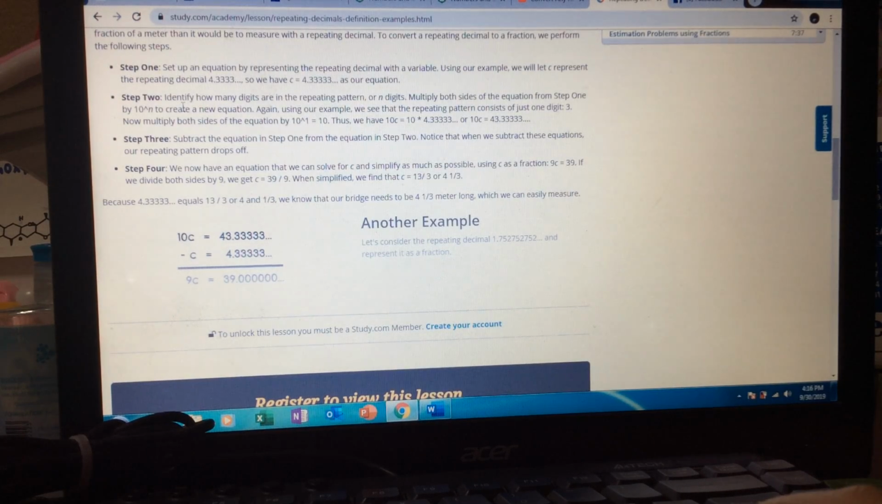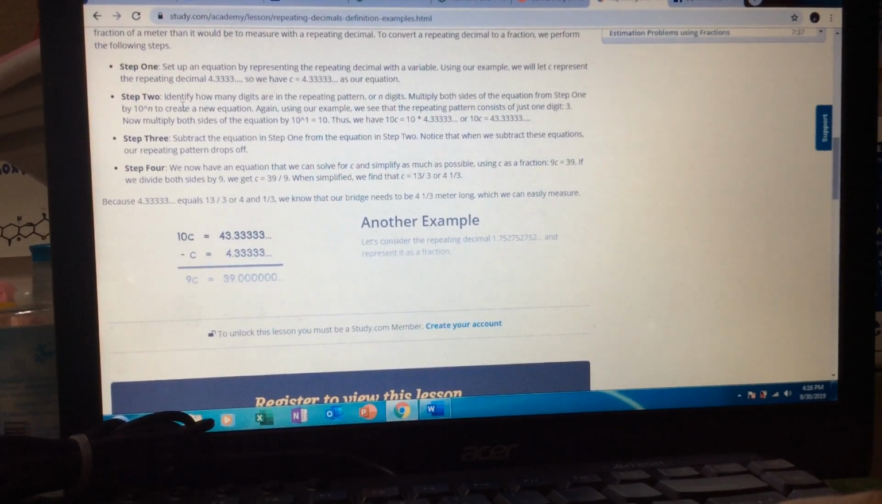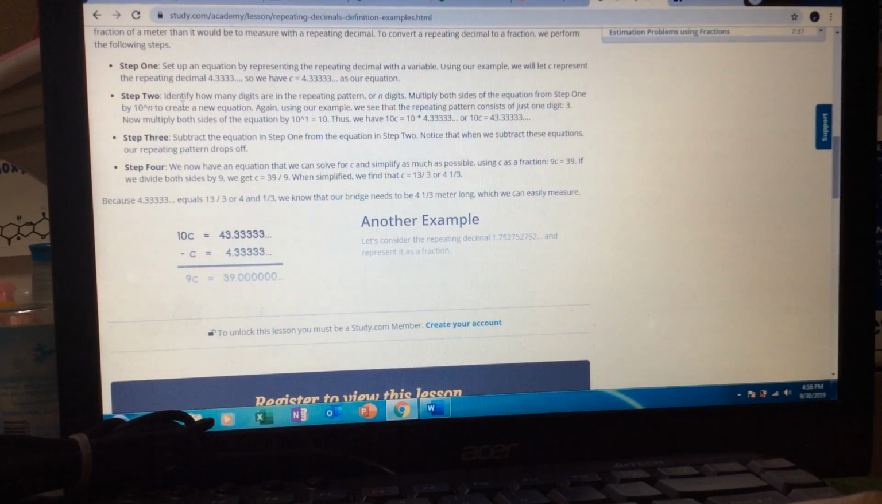Step 2. Identify how many digits are in the repeating pattern, or n digits. Multiply both sides of the equation from step 1 by 10 raised to the power n to create a new equation. Again, using our example, we see the repeating pattern consists of just one digit, 3. Now multiply both sides of the equation by 10 raised to 1, which equals 10. Thus, we have 10c equals 10 times 4.333, or 10c equals